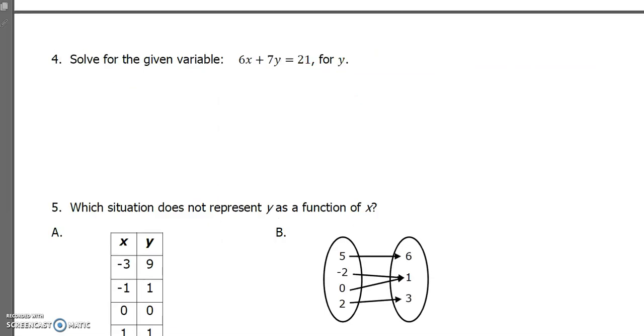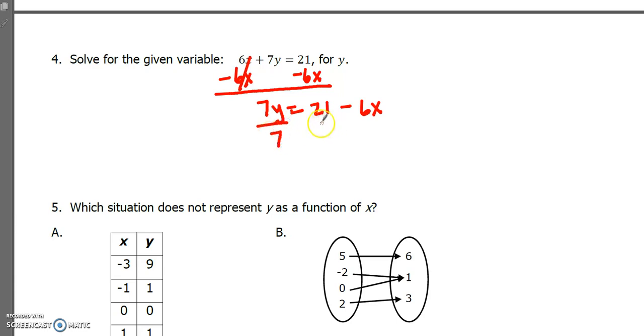Number 4 is asking us to solve for the given variable. So they've given us an equation, 6x + 7y = 21, and we're solving for y. So because we have 2 different variables in here, I'm not solving in the calculator. I am just simply isolating my y, so that means I will get rid of my 6x term first by subtracting. That will leave me 7y equals. Now 21 and 6x, these are not like terms, so I cannot put them together. So I just have 21 - 6x,